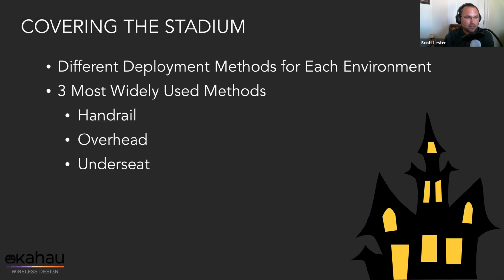So as we look at these, in my estimation, and Chris, feel free to chime in, and everyone, I think the three most widely used methods I see in a stadium deployment from a wireless coverage perspective are handrail coverages. You've got handrails down each aisle, and you put a wireless antenna on each of those to provide coverage horizontally into the seating areas. You have an overhead design, where you're attaching to something like a catwalk or some physical infrastructure piece of the stadium or arena itself to provide coverage. And then you've got an underseat model as well that everyone's heard of and seen in a lot of cases these days. And like I said, there are different use cases for each of those.